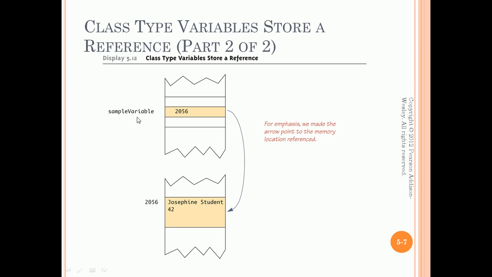The object name is given a memory location. That memory location contains the address, not the object itself. It contains the address where the object is created in memory, and at this address the object has been created, right? So we can see that object creation is a two-step process.